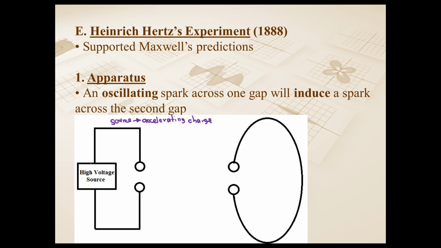So let's say this voltage source is an AC voltage source. What an AC voltage source does is take an electron and have it oscillate back and forth across this gap at a certain frequency. Now, let's just worry about an electron here and then jumping to this side. When an electron moves from one side to another, that is going to be the source of an electric field. Remember, electric fields are produced by